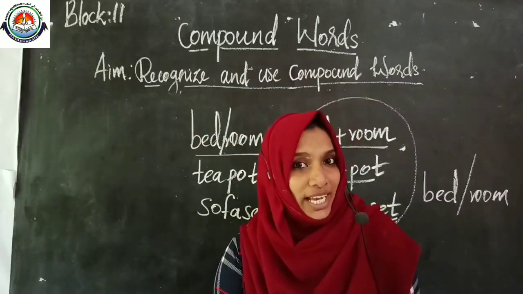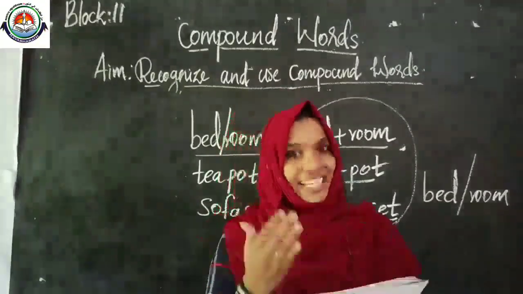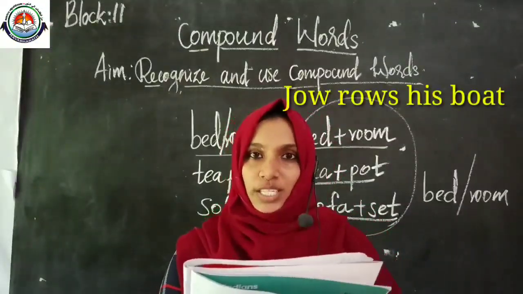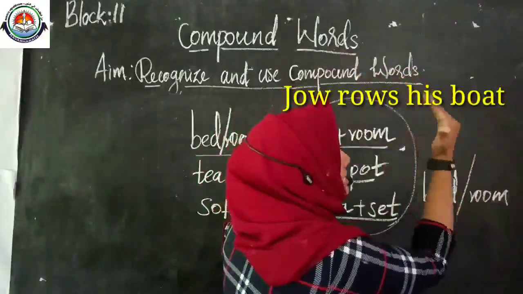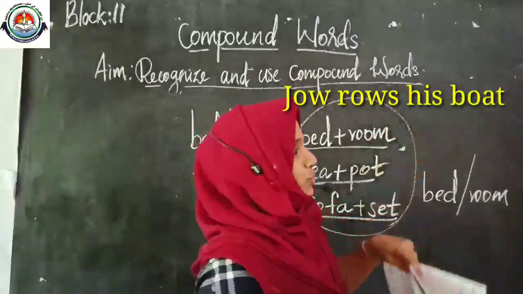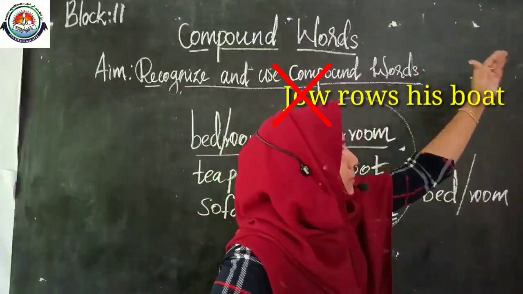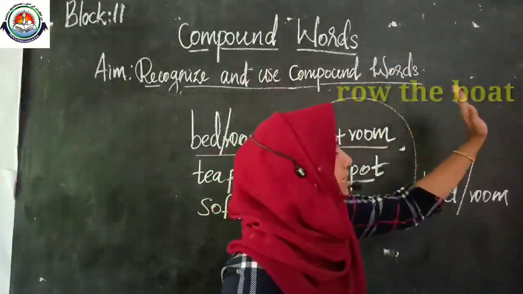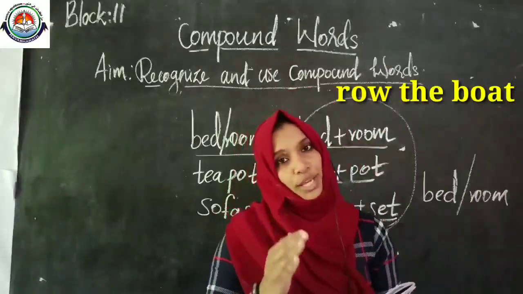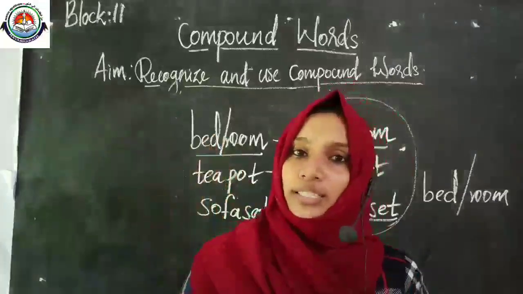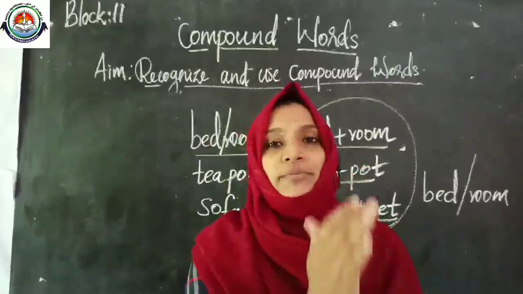So how can we do that? For doing this, let's take the story Joe and his boat. So let's read the first sentence. Joe rows his boat. So actually it is a statement sentence. Means this sentence telling about Joe. So here we can remove the naming word Joe and take the remaining part, the rest of the words, row the boat. So now it will become a command form. So the way you can take any 2 or 3 statement sentence from any story and change those statement form into its command form.